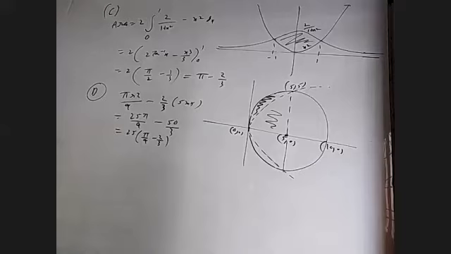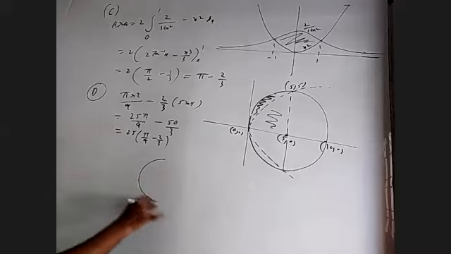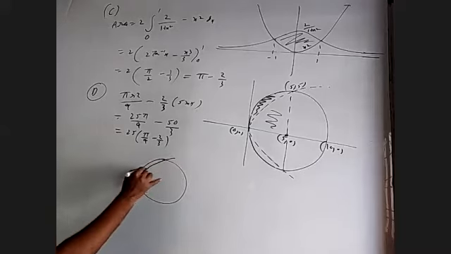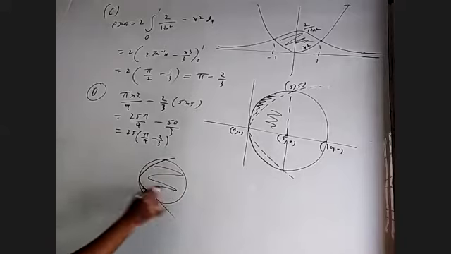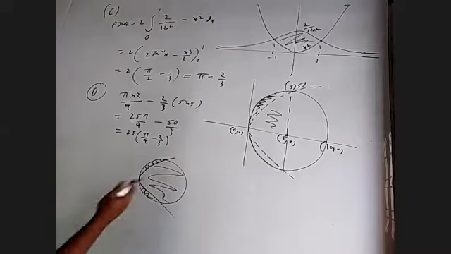Okay, part D: we have a parabola, a circle and a parabola like this. The region is, this whole thing is one area, and this is another area. They did not ask which one they want, so I think we have to find all of them. This and this are the same. I found only this. How to find only this?